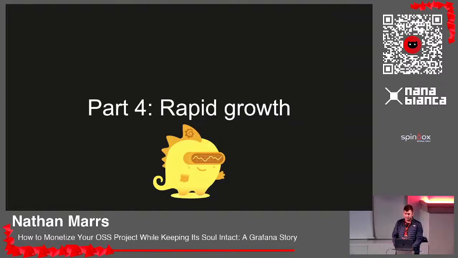And now we enter Grafana Labs' hypergrowth phase. This is from 2020 and on, and this is the time period when I actually joined the team. The main focus of the current monetization strategy is growing the adoption of our Grafana Cloud offering. At the same time, though, the company still invests